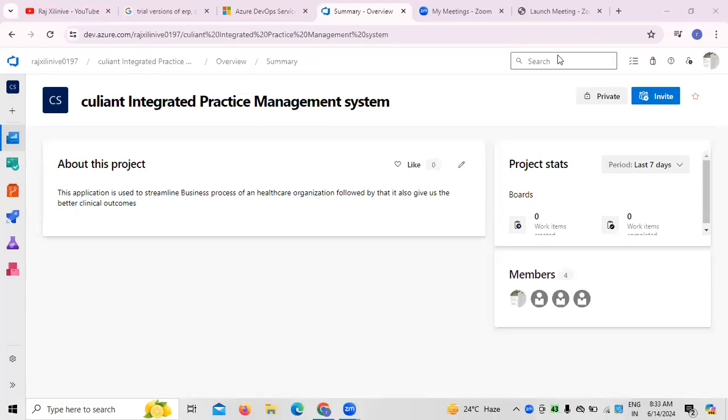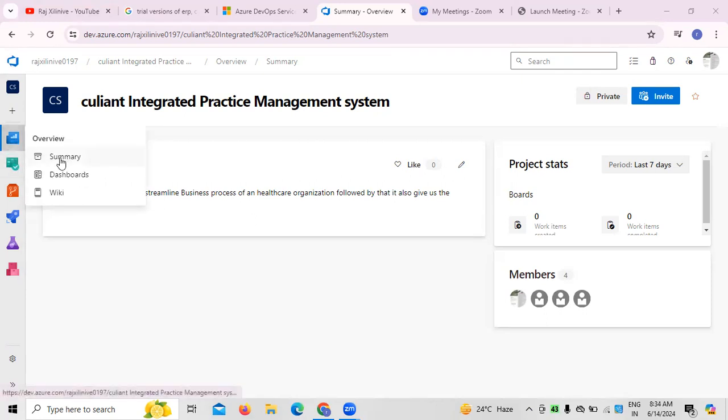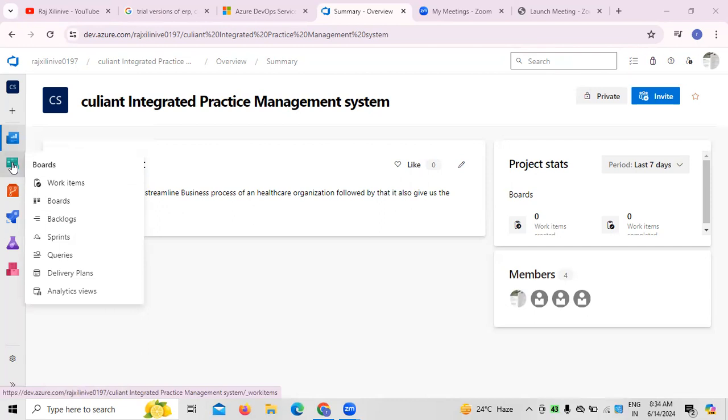Right. So, welcome to the series of Azure DevOps. In the previous sessions we discussed how to create a project in the Azure DevOps environment. Once we have created a project, we have different options wherein we can create different dashboards. At the same time, we can create multiple sprints and backlogs and everything, especially whenever we are